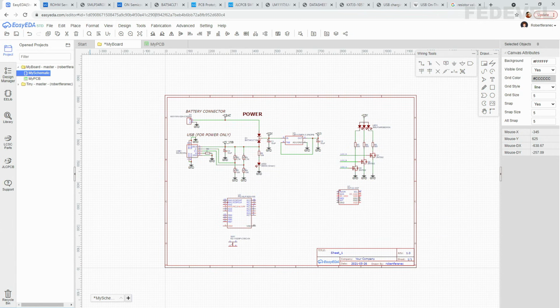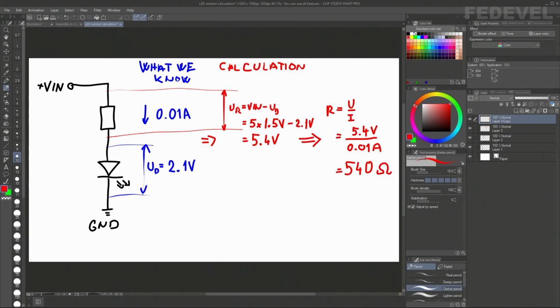When we have a look at our finished LED connection, you may notice it is a little bit different from what we calculated here. This is a super simple connection, just power, resistor and LED. In our board,